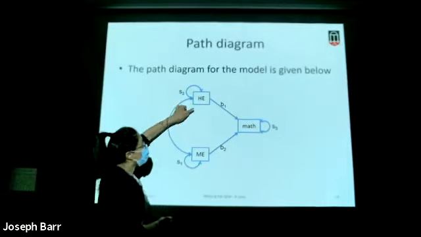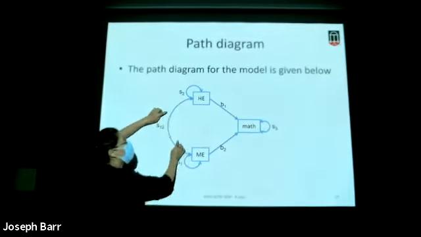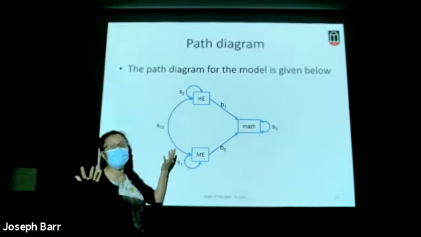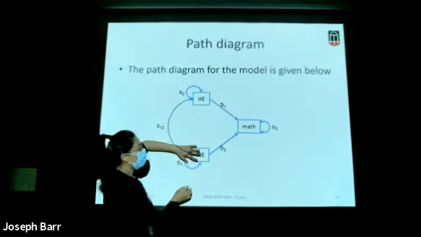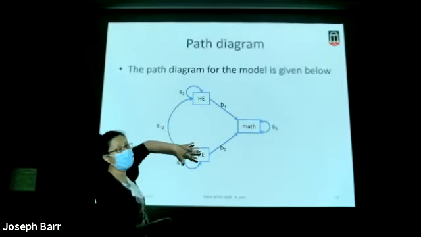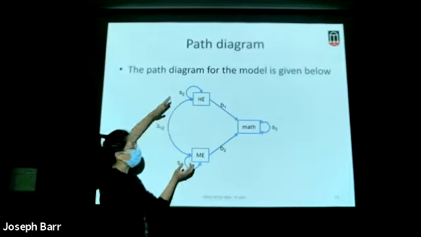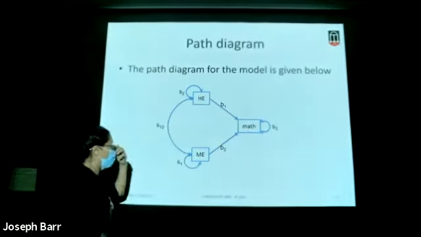And for HE and ME, we don't know which one influences which one. So we just put a double-headed arrow here to say that these two are correlated, but there's no single-headed arrow. I don't know if mother's education influences the home environment or home environment causes ME. It's just a double-headed arrow. These are correlated, but these two together are going to influence the kids' math achievement.